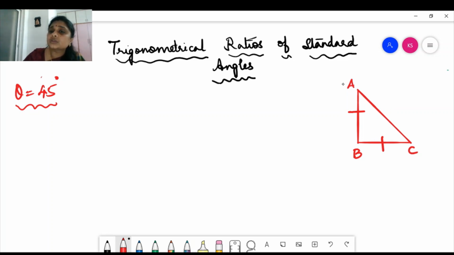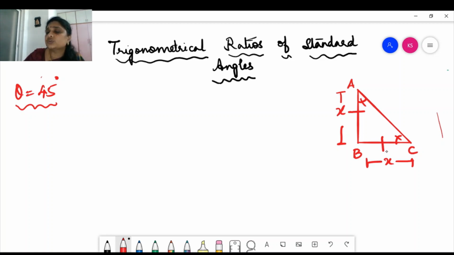So now, this is a right angle triangle, and I've told you that it is also an isosceles triangle. I'm taking a right angled isosceles triangle. So what happens? My base and the height are going to be equal in length. So let me name both as x. I'm going to take the measure of AB to be x. Since BC is also equal to AB, since I've considered an isosceles right angle triangle, my BC's measure will also be x. As I've already told you, these two angles will also be equal because we are dealing with an isosceles triangle. The angles opposite to equal sides are always equal.